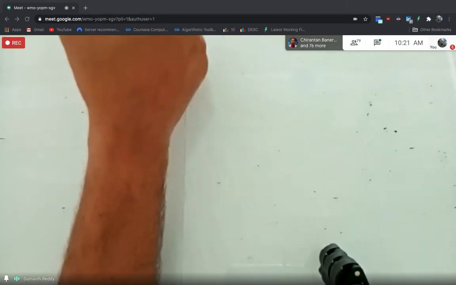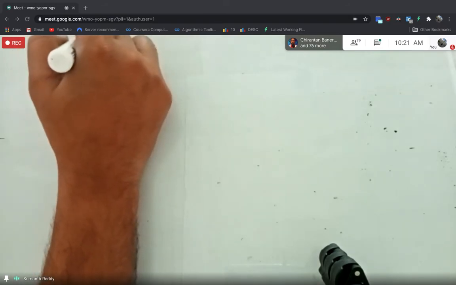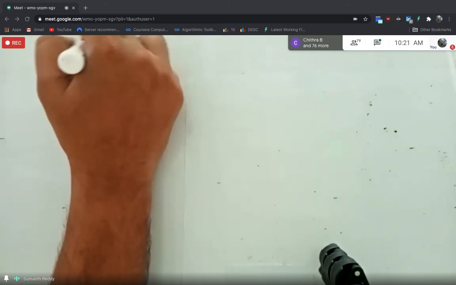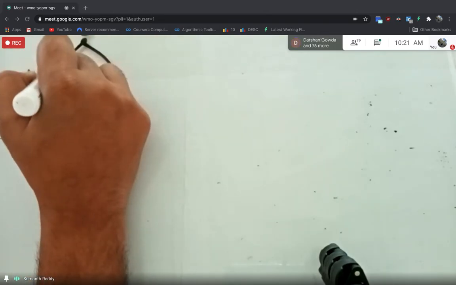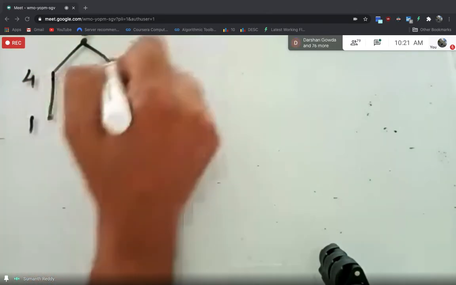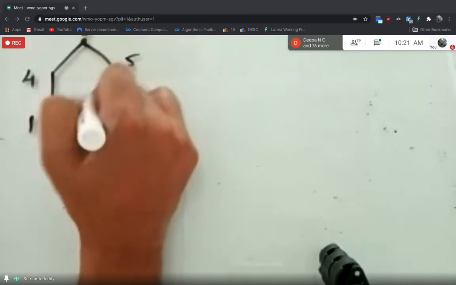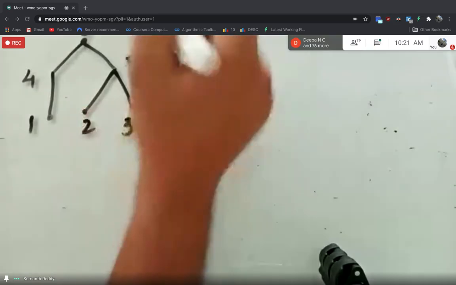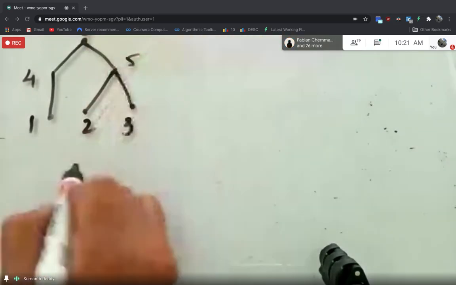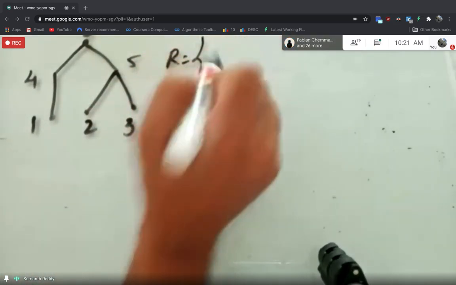So I'll just give you the Hasse diagram now. Okay, so this is one simple Hasse diagram. I want you to write the ordered pairs. So I have written the Hasse diagram now, which contains the elements 1, 4, 6, 5, 2, and 3. So now I have given the Hasse diagram. So now you need to include all the ordered pairs. You need to tell all the ordered pairs.